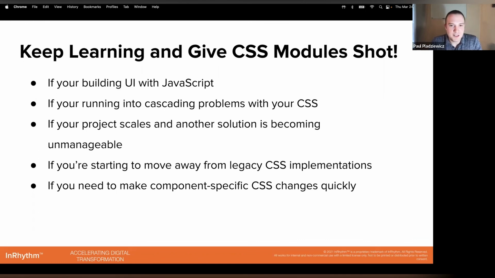And sometimes you need to make some component-specific CSS changes quickly. We all have been in a hurry at times, wanting to get something done or fix something quick. With CSS modules, even if it's not the best, most organized CSS, at least it's within one specific area, and it's not going to be affecting other parts of the project. So yeah, think of CSS modules when you run